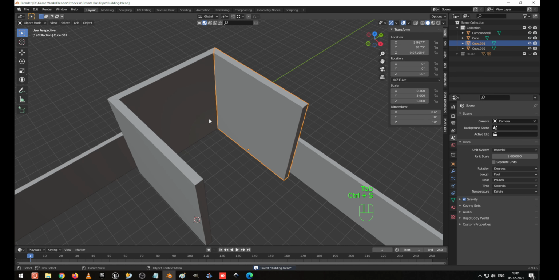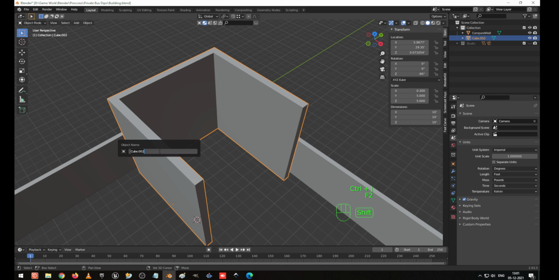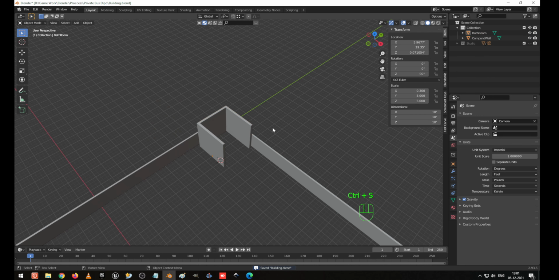So now I just join these three. I press Ctrl J to join, and I press 2 and make it as bathroom. Okay, I save it. Now we can